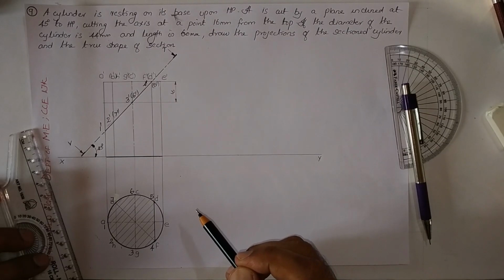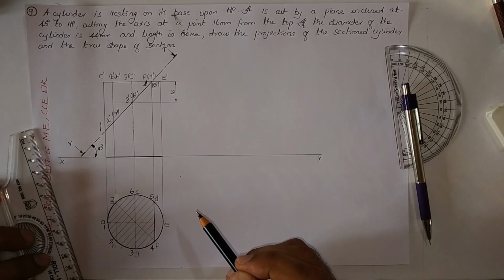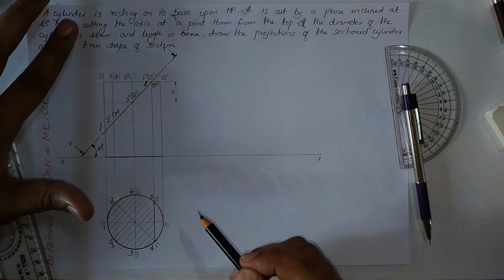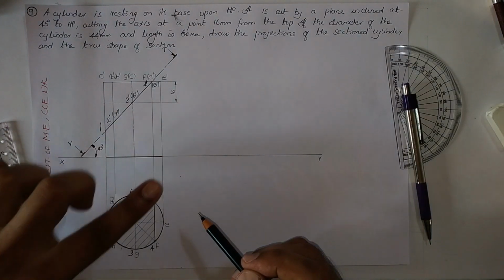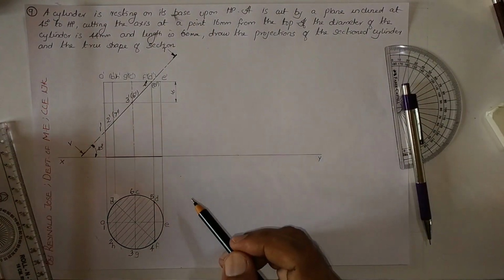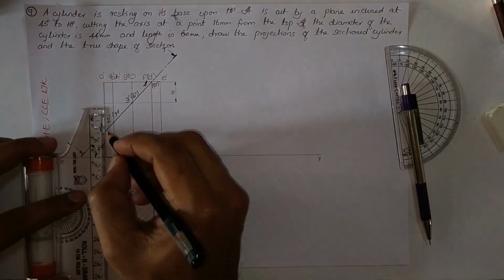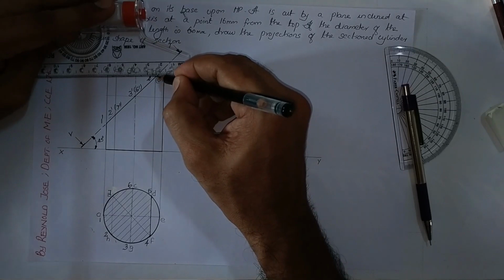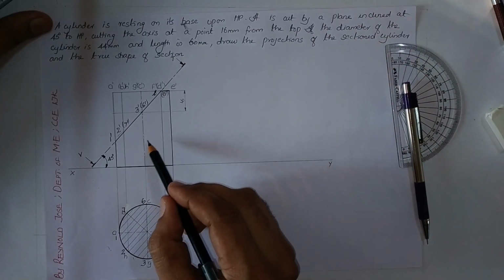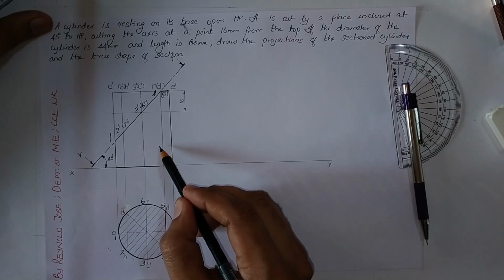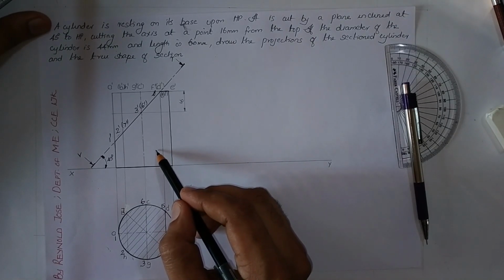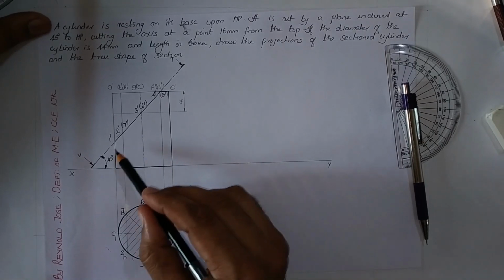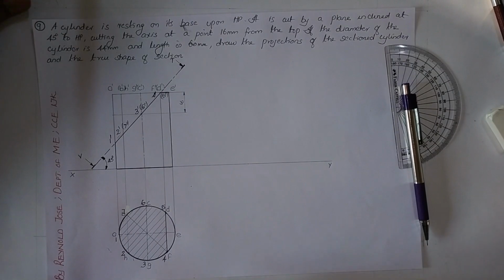As this is a cylinder, we need to draw only the outlines which are remaining. So let us assume that this portion which is above the section plane is removed and this portion which is below the section plane is remaining. So let us draw the outline only. Here we are not drawing thick lines along these lines because they are not edges. Only visible outlines and visible edges are to be drawn using thick lines. So this will be a front view and this is a sectional top view.